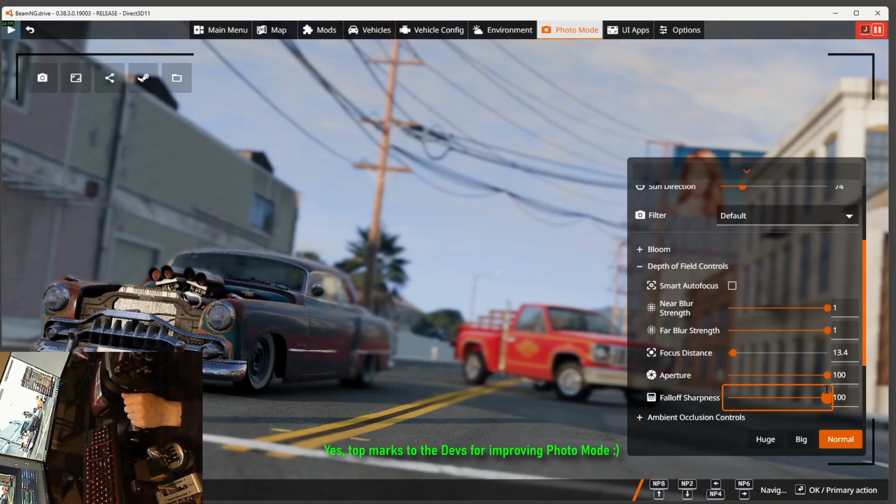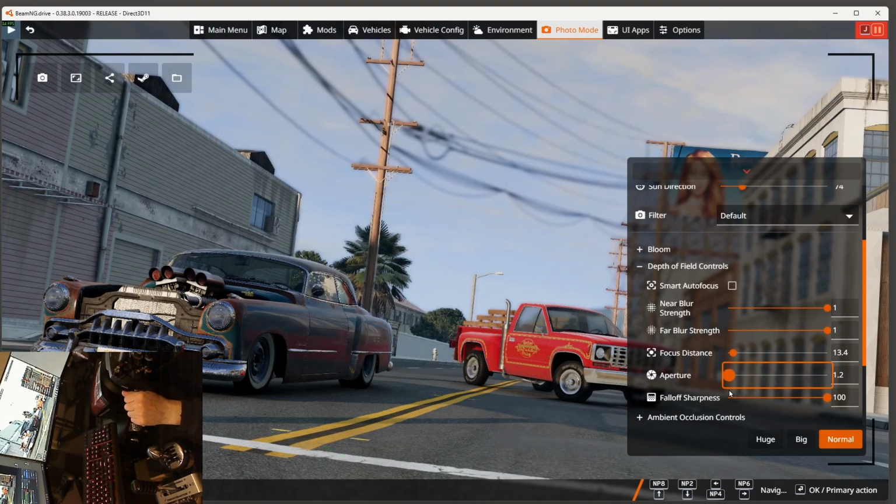Now just leave that back, aperture, and we'll just get back to the truck, and you can see when you move the aperture, if you go right off to its left side, it means almost everything in focus. But because we've got the far blur strength up, generally it's a matter of trying to go, well, what kind of blend do you actually want? So for me, a little bit of the tree, this tree,